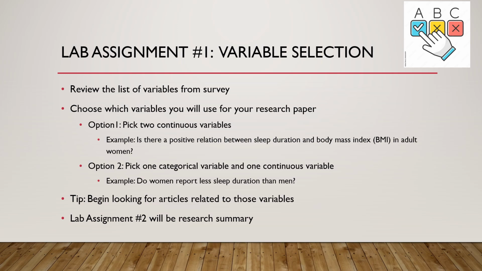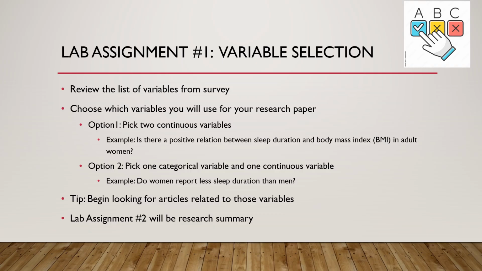So you kind of think through, as you were taking the survey, which variables were interesting to you, and I'll have a slide in a second that shows those variables. My tip to you is that as you were choosing what variables, you might want to use some of these article search strategies to look up keywords, see if you find any interesting articles about any of the variables that you took that might be that jumping point for you to work on your research article, because our next lab assignment will be a summary of a research article that you found related to the variables